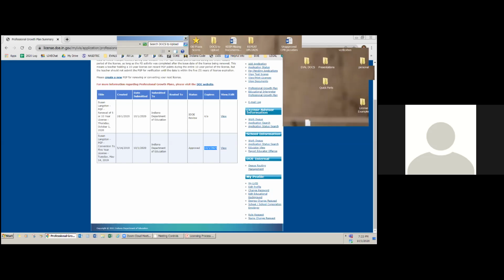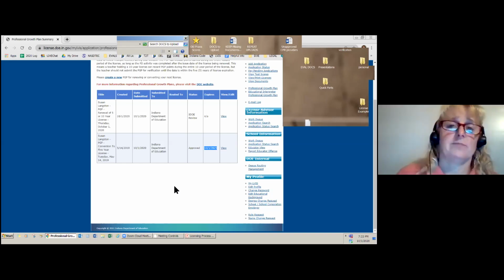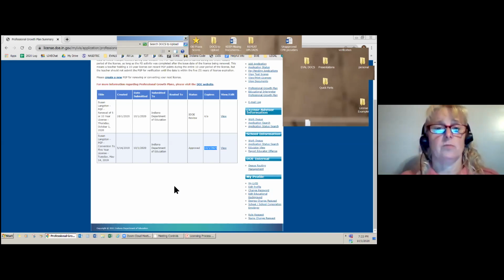You have to be employed as a teacher in Indiana to keep your license updated, or are you able to just meet the PGP qualifications if you're staying home with children for a few years? Yeah, so there are lots of people that do that. There are a lot of folks that stay home, their license lapses. The question becomes, what type of license do you have, to figure out what we have to do to renew it. So if it's a 2-year license, maybe you just need a CPR card, a valid CPR card. If it's the 5-year license, you need to do the professional growth plan or take 6 hours of coursework, or